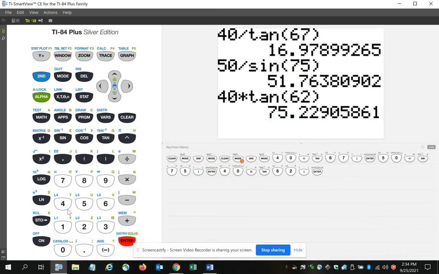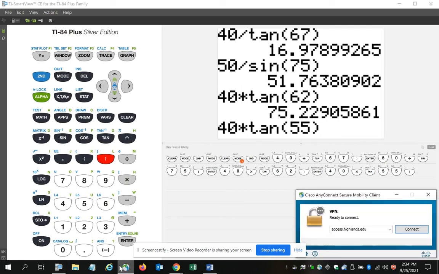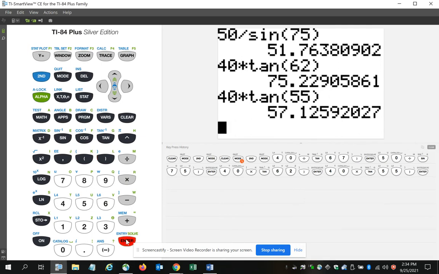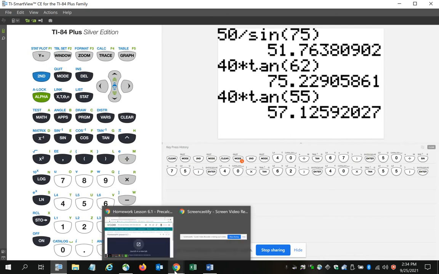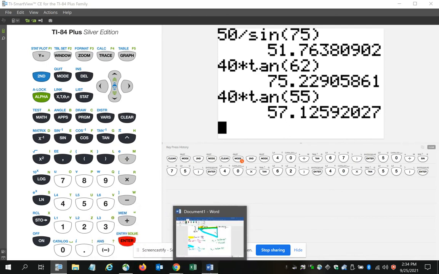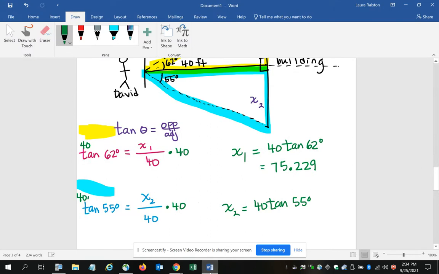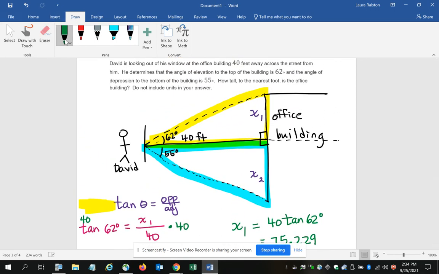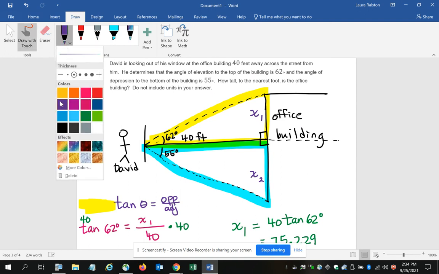So I have 40 times the tangent of 55 degrees, which gives me 57.126. Okay, so I get 57.126. So what I've done, and it may not be as obvious, is I found basically the top half of